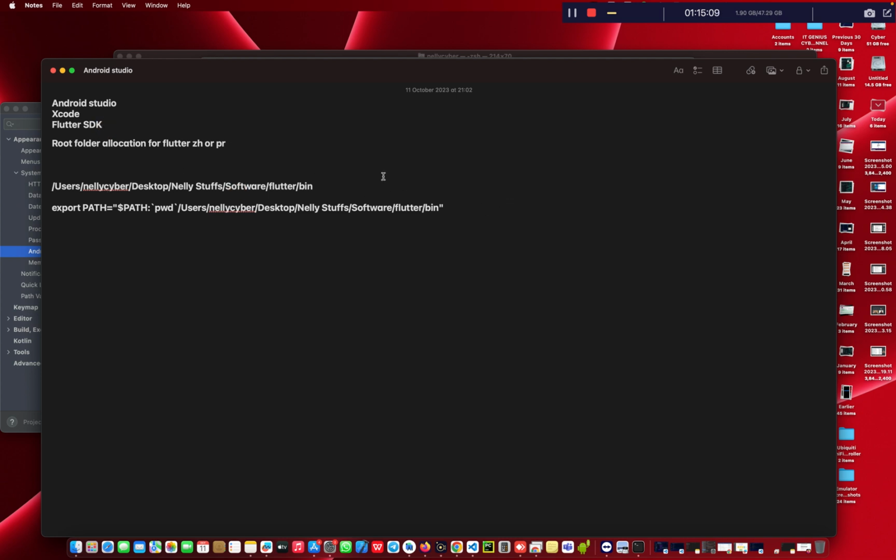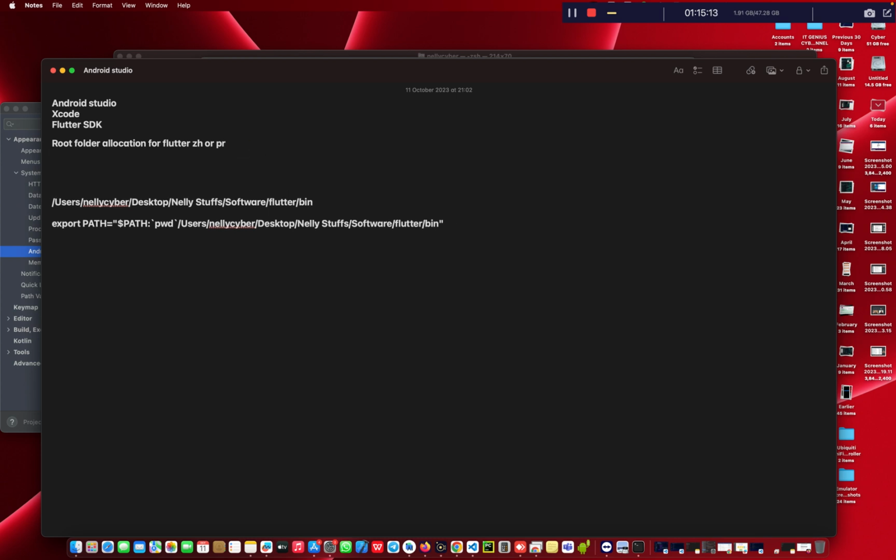Then to allocate that, I said we can use nano to give me suggestions. Nano for the ~/.zshrc,